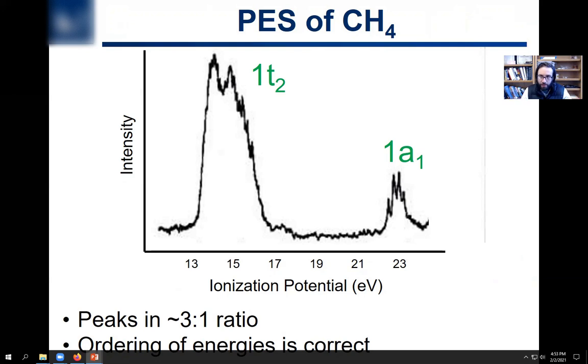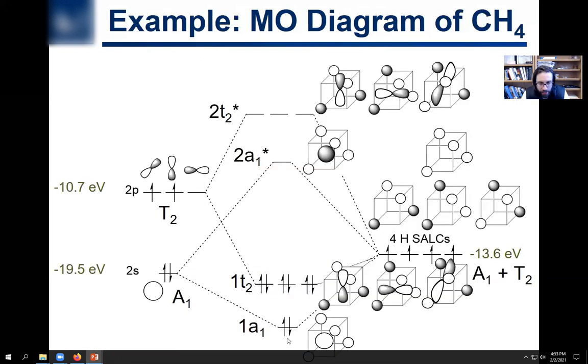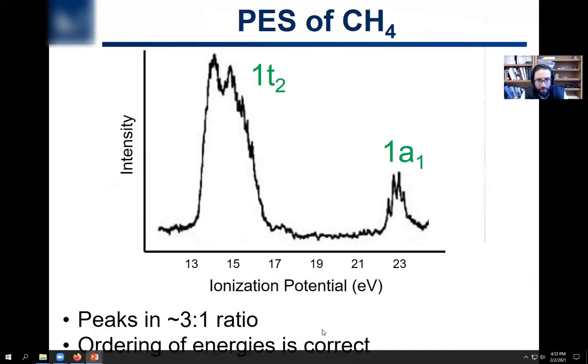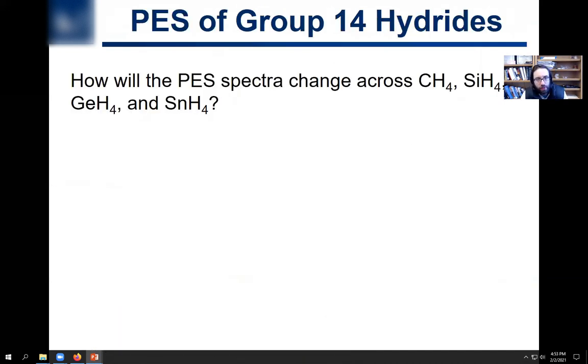And this, everybody, is the hardcore evidence of why hybrid orbital theory is incorrect, because you have 2 different energies. You have 2 different energies in methane, not 4 equivalent sp3 orbitals. Instead, you still have 4 equivalent bonds, same bond length, same CH bond length, but each of those bonds has 3/4 T2 character and 1/4 A1 character. Bonding is more delocalized than Lewis structures and hybrid orbital theory tell us. The actual truth is that bonding looks something like this MO diagram. Okay? Very important. We can make some predictions about,